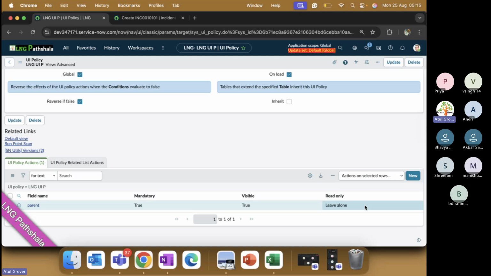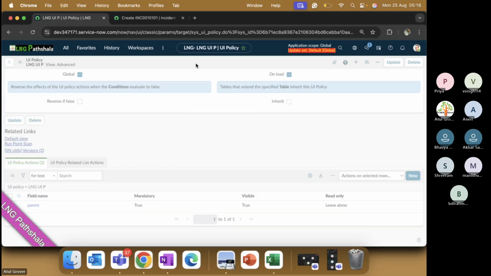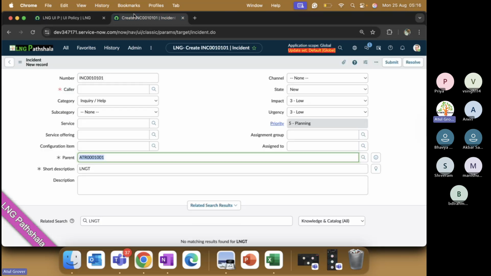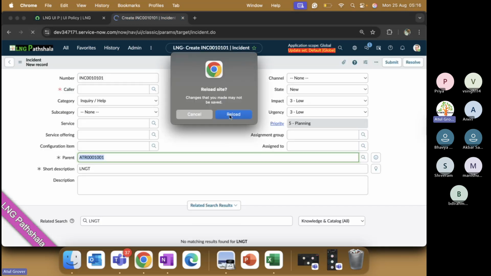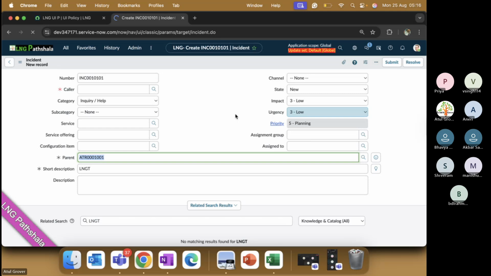I don't want that if user is putting a condition again, the same value should come. The user needs to input it, otherwise it can be a wrong value as well. Okay, ठीक है. Understood, sir. Yeah. Now if I remove this and come back here and reload it,